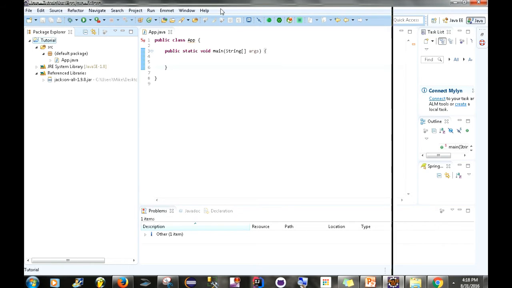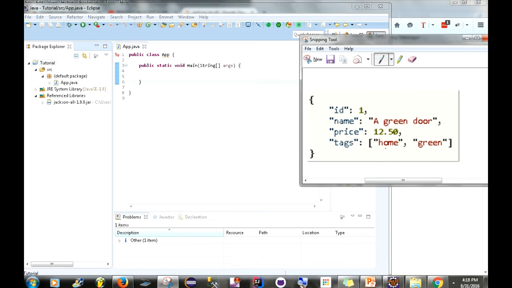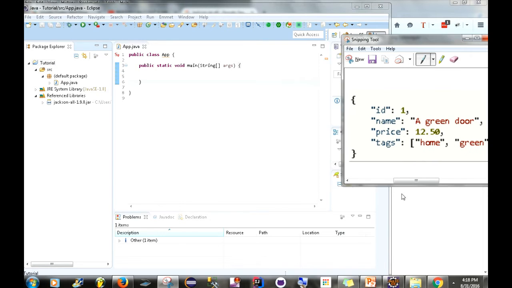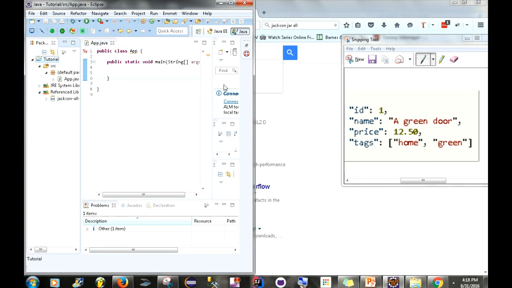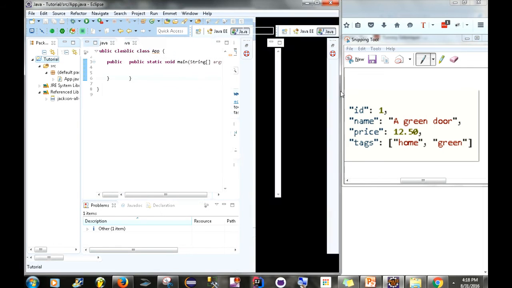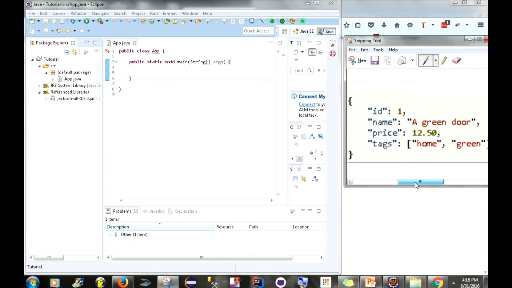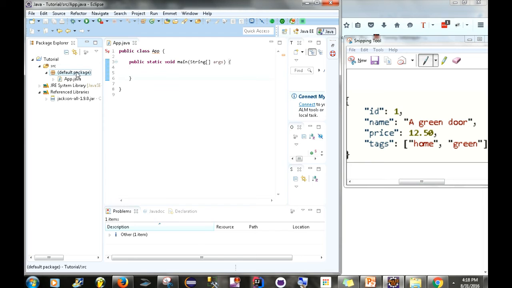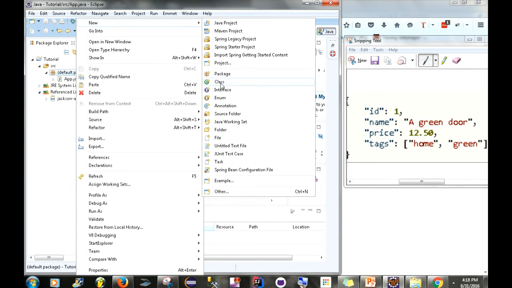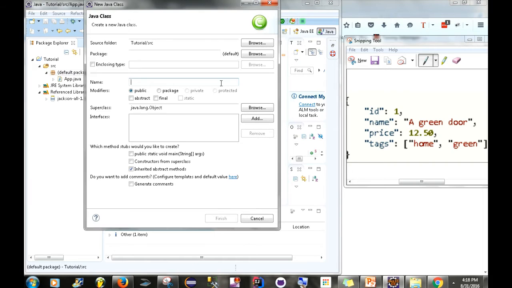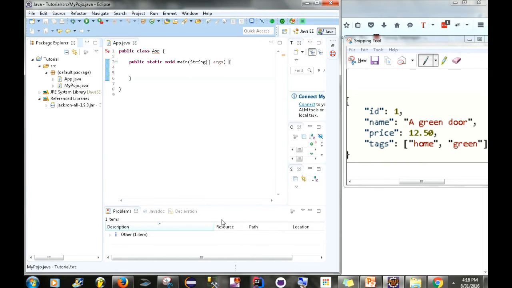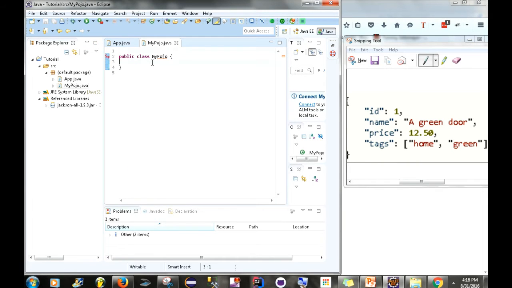So what I want to do is to be able to still see this JSON while we're actually doing our implementation. All right, so what we want to do first is actually go right here to our package, right click, and create ourselves a new class. And we're going to name this class my POJO. My POJO. Go to finish. All right, so inside my POJO,